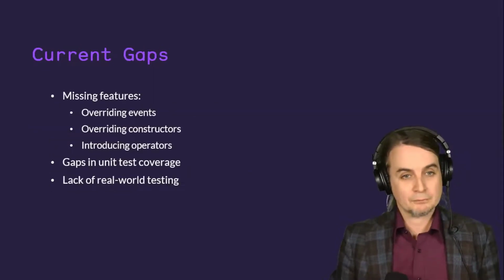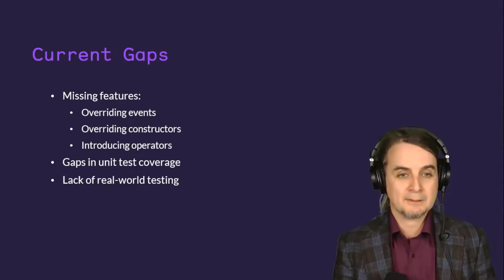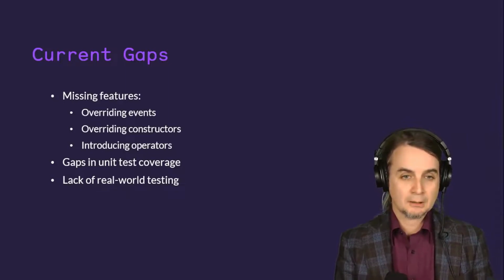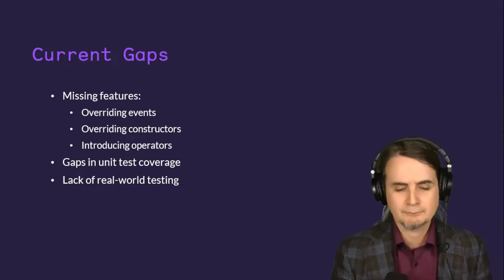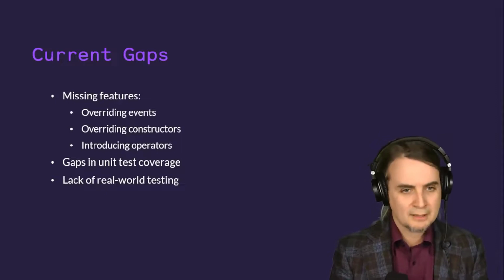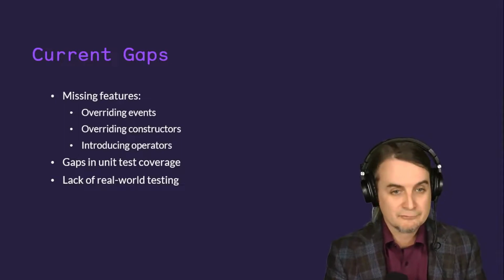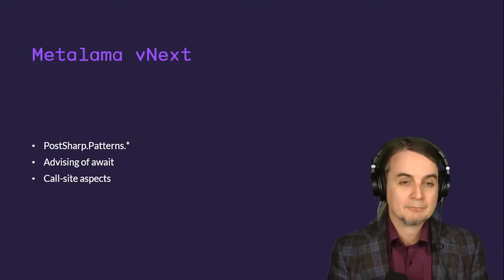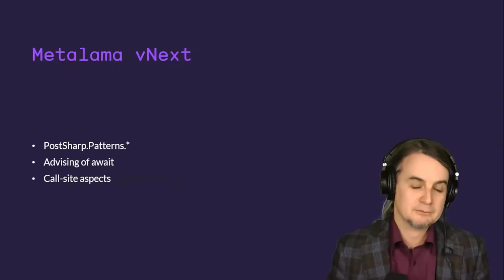Compared to our objectives for Metalama 1.0, we are almost there, but not completely yet. So what is still missing is overriding events, constructors, introducing operators. I think it is something we should do in 1.0 because it's simple and useful for some patterns. We still have some gaps in unit test coverage and lack of real-world testing, which is why we are offering